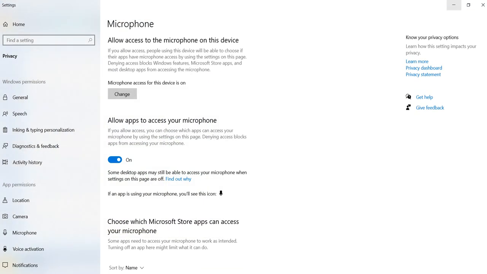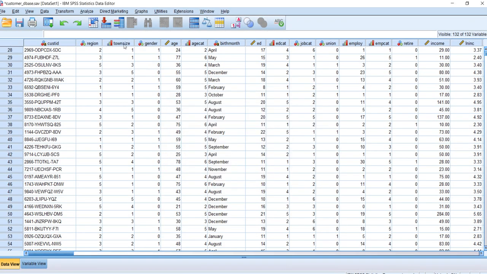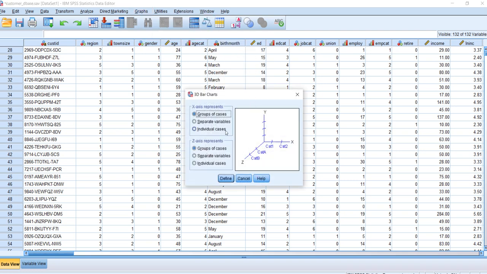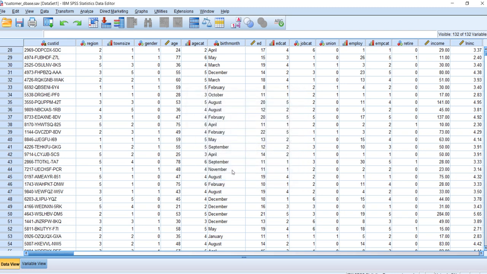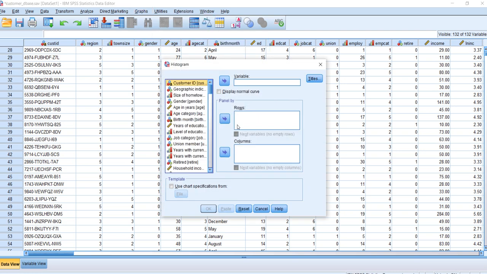Okay, the other thing is that suppose we want to see the other types of graphs. This is the same thing. We go to graph, legacy dialog. We want to see 3D bar chart. Just because we are not using it normally in research, so just go to this another one, histogram we discussed. So as you know that histogram, we can say that